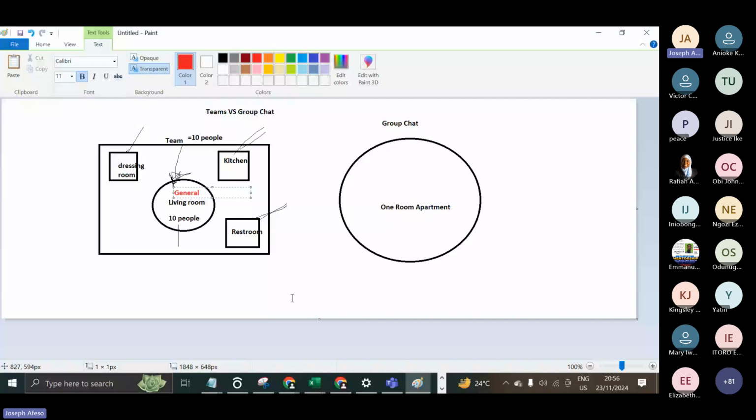Now, of course, you know that this one is open. So once you give the person access to a chat of 10 days ago, the person has access to it, and you cannot hide anything again, unless you remove the person. But here, after creating the team, it will come with one channel, and that channel is where everybody